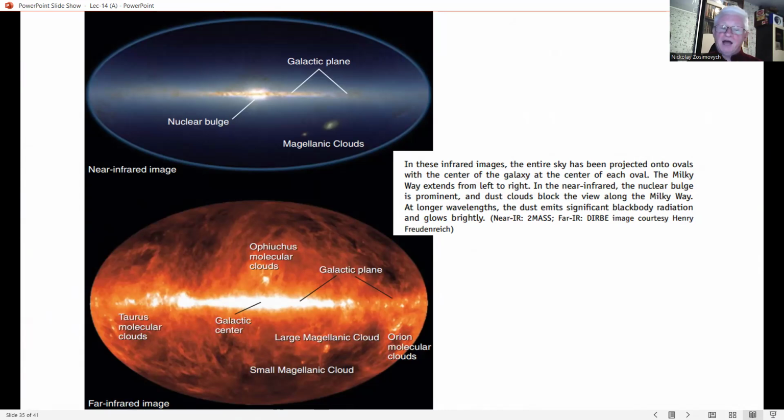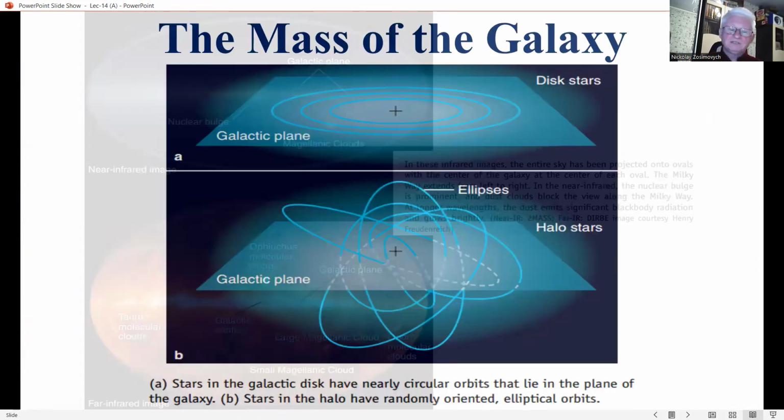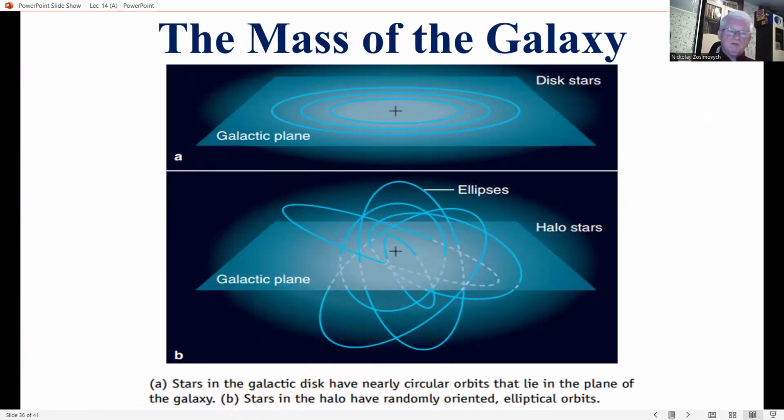When you needed to find the masses of stars, you studied the orbital motions of pairs of stars in binary systems. To find the mass of the galaxy, you must look at the orbital motions of the stars within the galaxy. Every star in the galaxy follows an orbit around the center of mass of the galaxy.